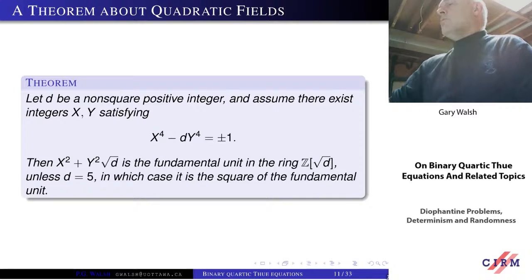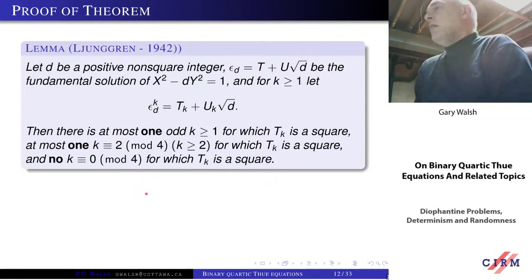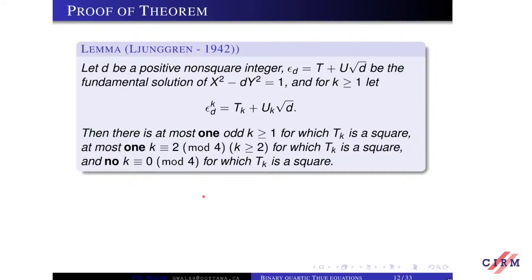So in order to prove this, we use two beautiful theorems of Wilhelm Ljunggren and another beautiful theorem by Chen and Voutier. Let me just run through that rather quickly. So the proof of the theorem uses this amazing result of Ljunggren from 1942. I've mentioned this in several papers, and I'm probably his biggest fan. So these theorems should never be forgotten. So I'll just state them one more time.